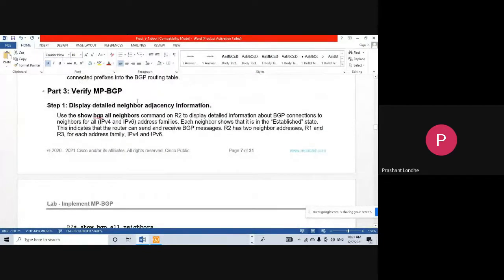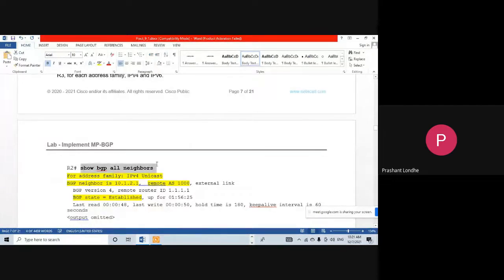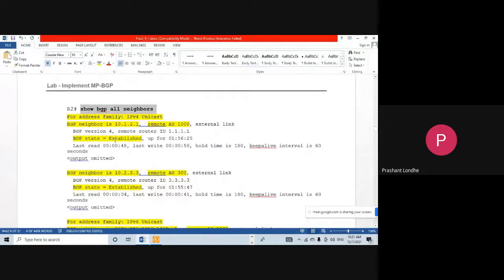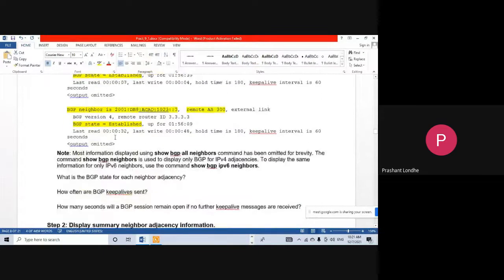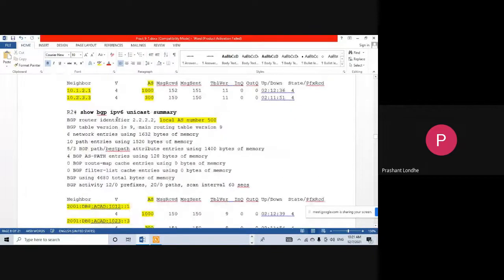Now we need to verify the MP-BGP. So here you need to fire this command, show bgp all neighbors. It will show all the neighbors if you have configured correctly. Also you can display the summary neighbor information. Here the IPv4 unicast summary will be displayed, and here the IPv6 unicast summary.